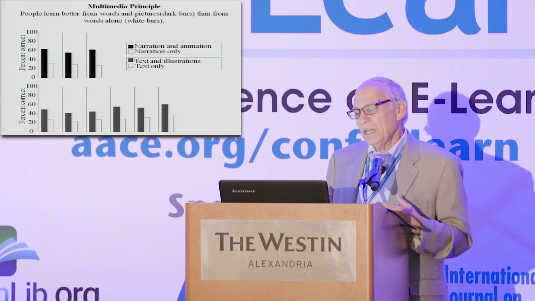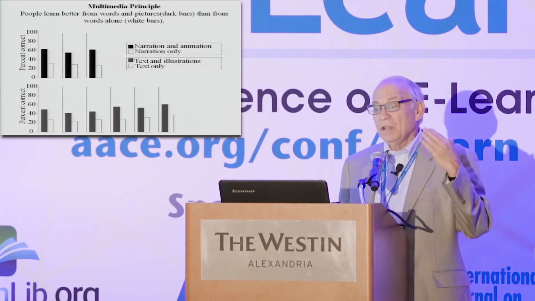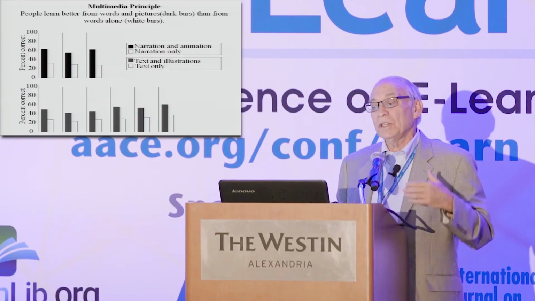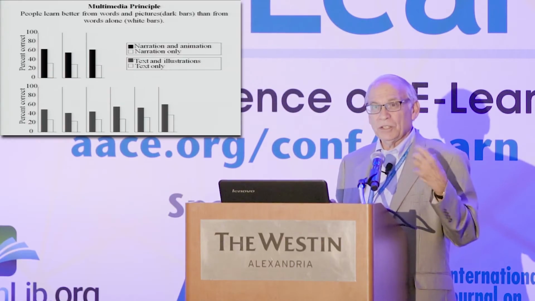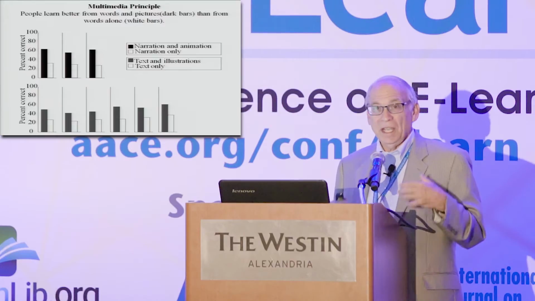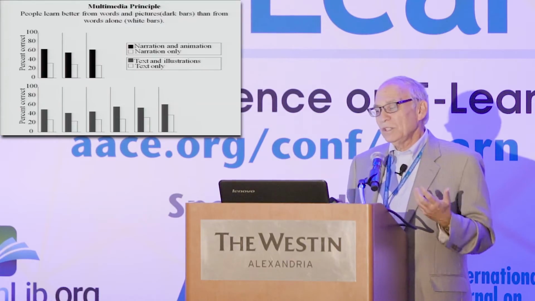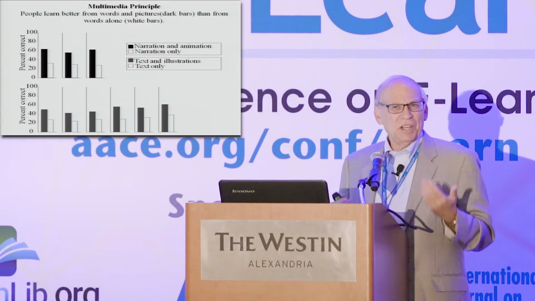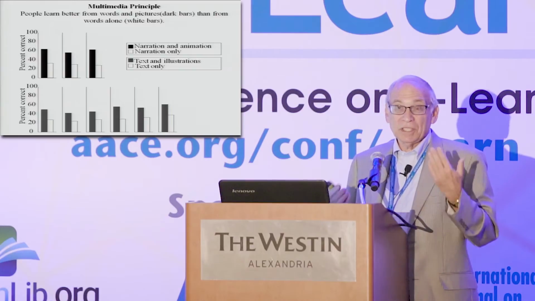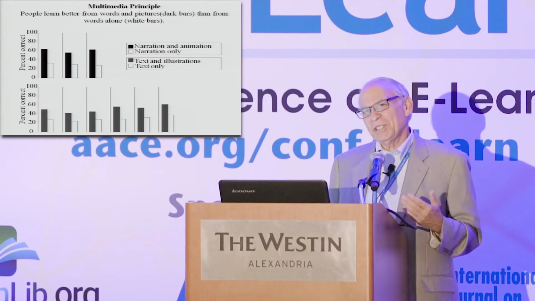So this is data from 9 of the studies that we conducted. The black bars are when you have words and pictures. The white bars are just words alone. And the dependent measure here is performance on a transfer test. How many creative solutions did people come up with? You can see, in general, people are coming up with 50 to 100% more creative solutions if you add graphics to the words. So this is what kind of got me started